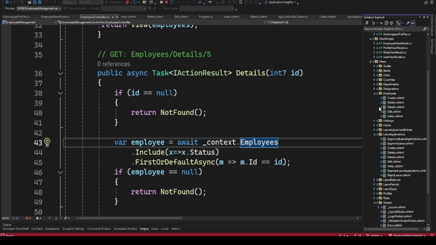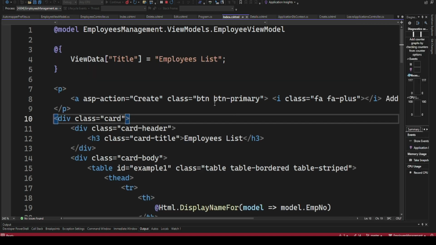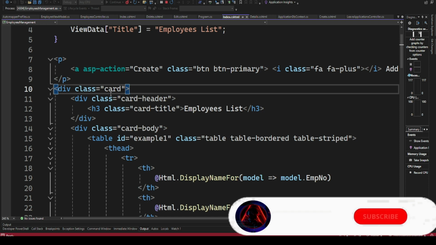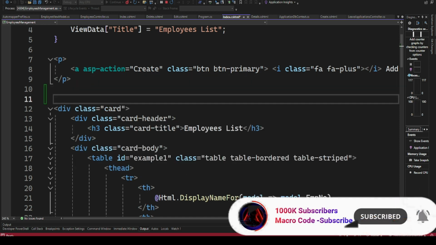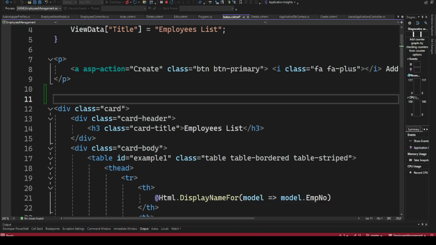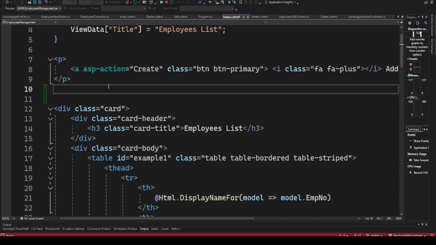So within our index page, I'm going to the index. Then I want us to add an area for searching either by the employee name or some details. So I want us to introduce a div class